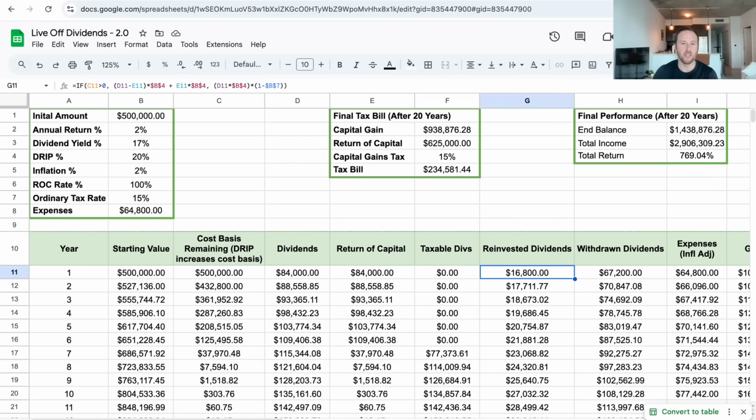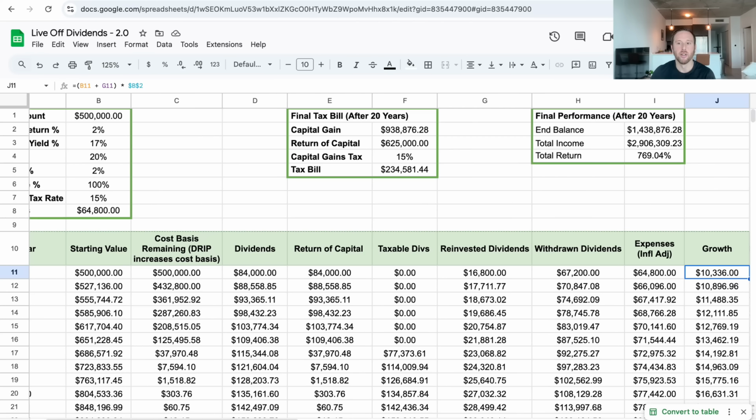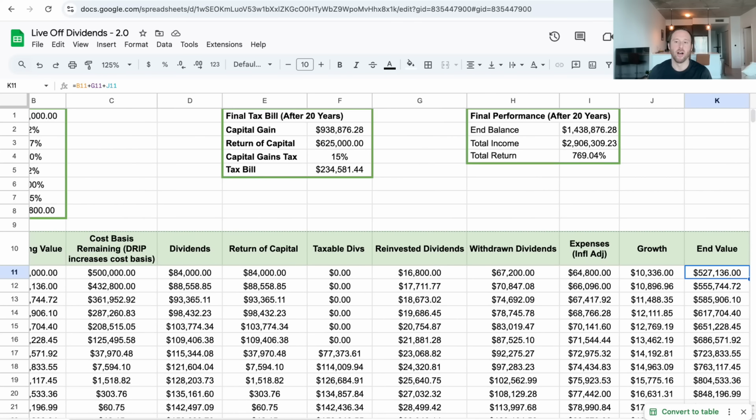We're going to reinvest 17K back in, right? We have a 20% drip percentage, so 17K will be reinvested, and we're going to withdraw 67,000 to live on. Our expenses are 64K still, and then we're going to adjust for the inflation for year two and beyond. Plus, we have a small growth, a small capital appreciation, so 10K. And so our end value is